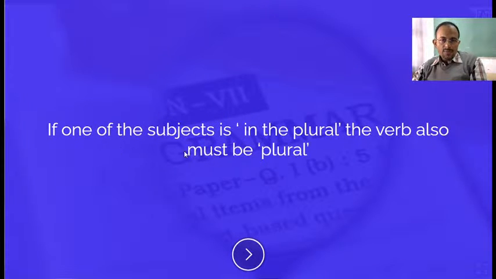Now see, if one of the subjects is in the plural, the verb also must be plural. That is the rule actually. If one of the subjects is in the plural, then the verb also must be plural. So these are the rules of subject verb agreement which we need to always remember,